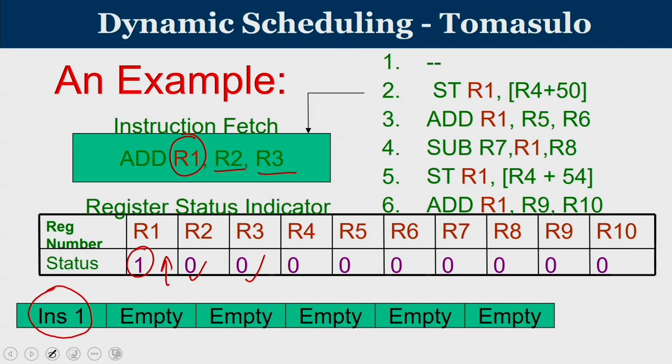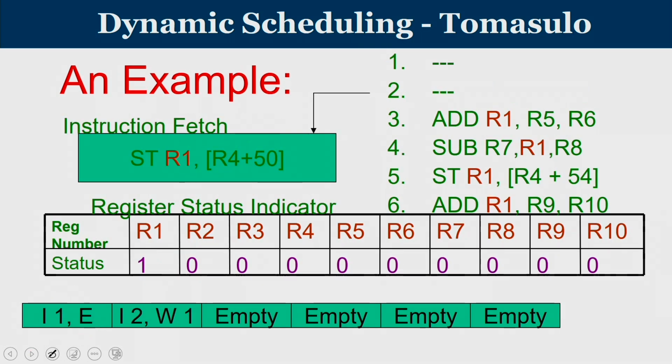So with this, our first instruction is over. The change that is going to happen: since the source operands of the instruction, R2 and R3, have RSI value equal to 0, operands are available, perform the operation in the execution unit 1 and update RSI value equal to 1, because 1 will produce the value to be returned to R1.